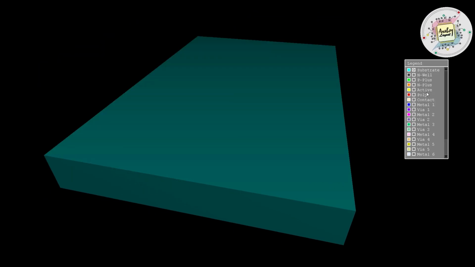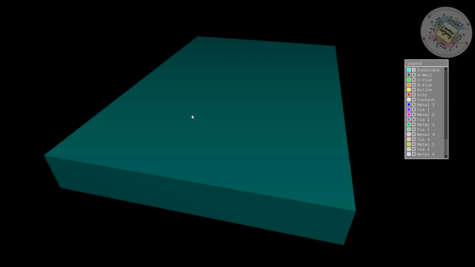Hope you can see the cross-sectional view of the 3D representation. We have multiple types of fabrication methods to fabricate a single SOC or single IC. We have N-well fabrication type, P-well fabrication type, and twin-tub fabrication type. Industries follow various types of fabrication methods to fabricate an IC. But right now, what we are going to discuss is the N-well fabrication method of a MOSFET.